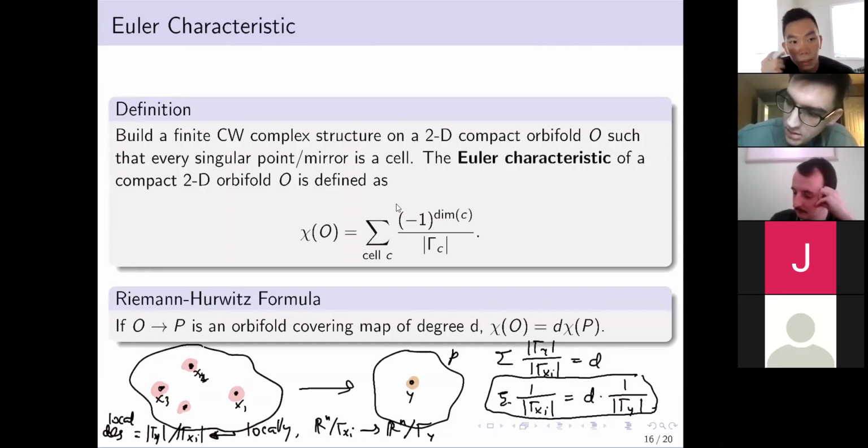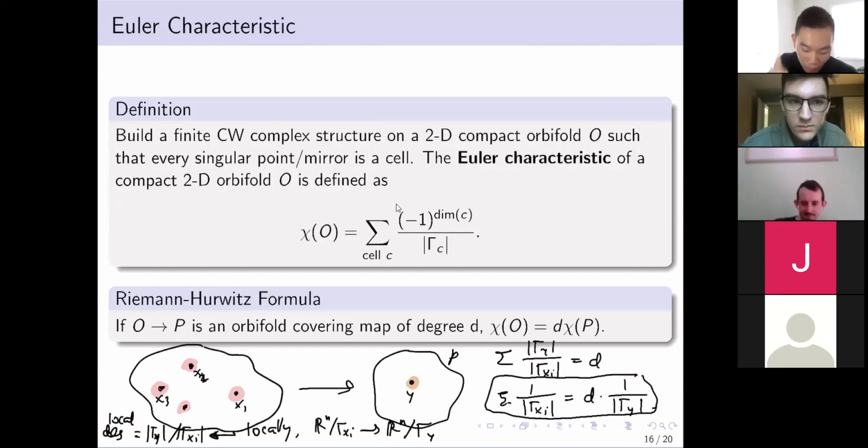Sorry, could I ask a question? I think I missed this, but for the orbifold covering maps, are the covering spaces also orbifolds? Yeah, possibly. Is it necessarily an orbifold? In your Riemann-Hurwitz formula, is it interpreted as the orbifold Euler characteristic on both sides? Yes. I mean, if O, let's say, is just a manifold, then this coincides with the usual Euler characteristic anyway, because the isotropy groups are going to be trivial. Okay, yeah, thank you.